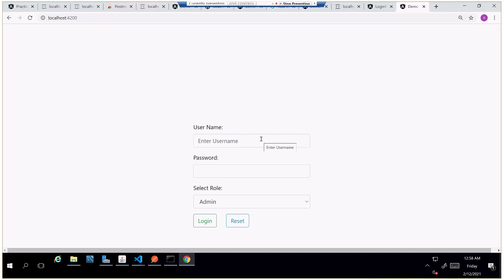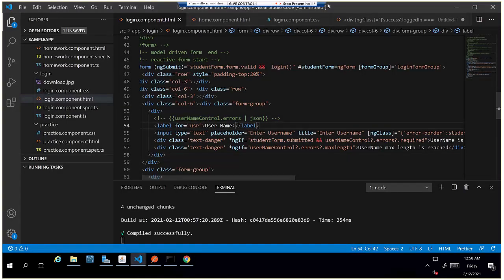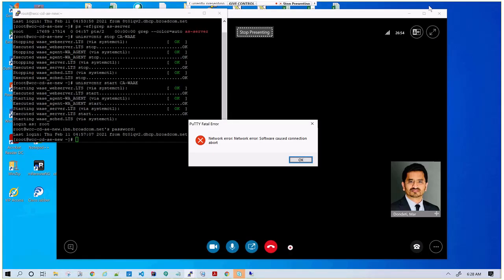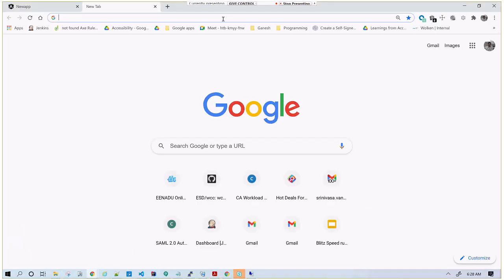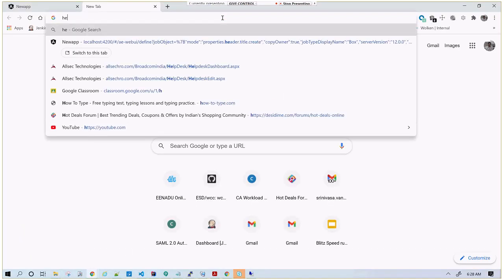Help text is a standard form, Srinivas. I'm sure AngularJS may have some parameter to enter the help text. I don't know, I'm just guessing. The reason I'm guessing is that this is a standard functionality in most web-based applications now.